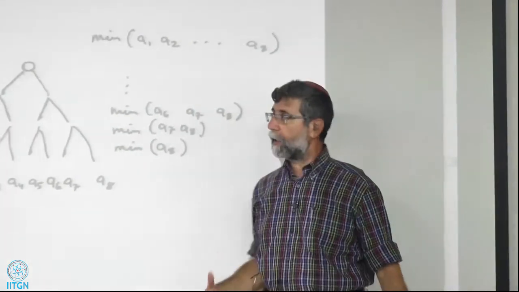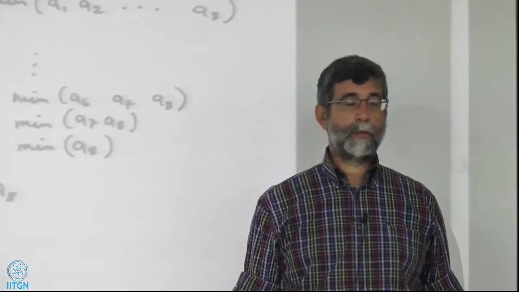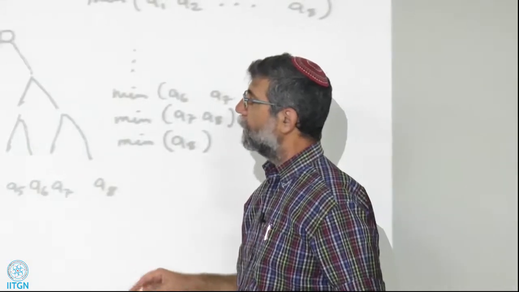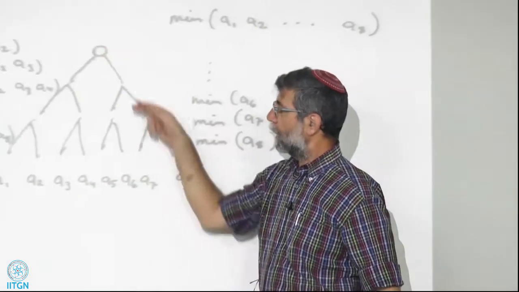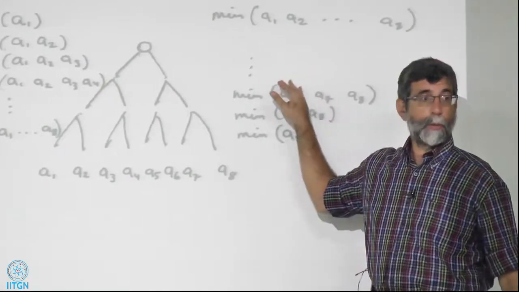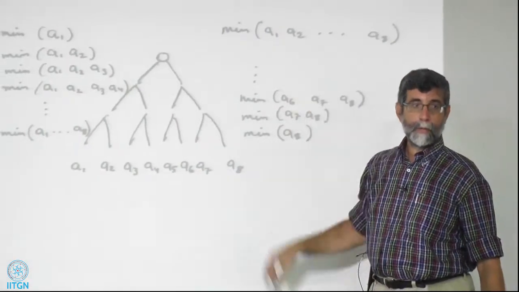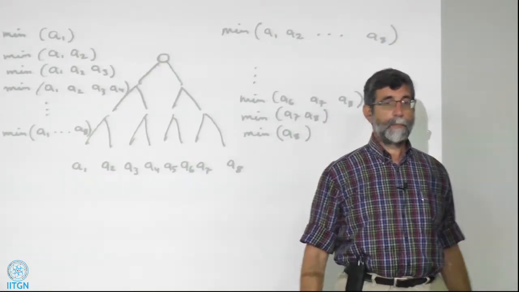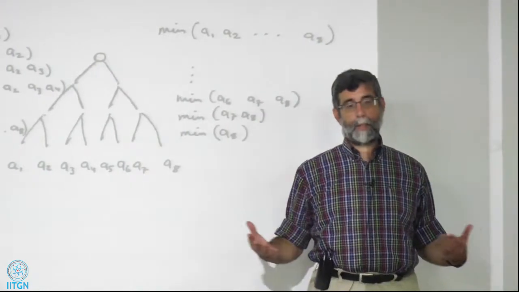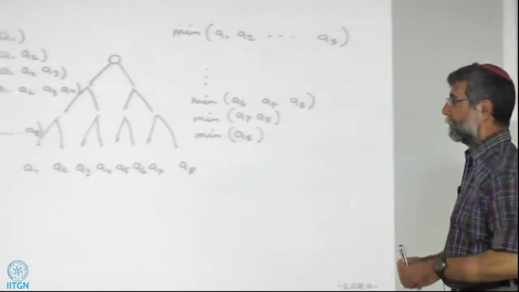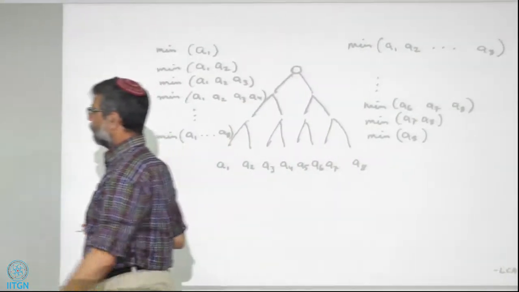Because remember, the bottom line is that we're doing range minimum queries. So here we have a bunch of minima already. If we get to this node and we need the minimum of one side, then we go to the appropriate minimum that is already written. And so the idea is that, let me try to draw the intuition. We have this tree,